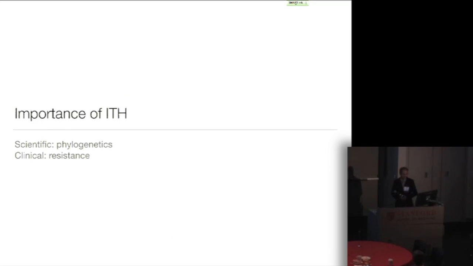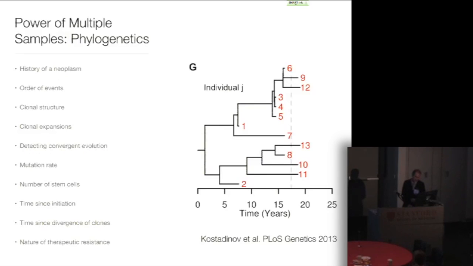So what's the importance of intratumor heterogeneity? Well, I think of it as both a scientific importance and a clinical importance. The scientific importance basically falls to phylogenetics, and the clinical importance basically falls to resistance, and I'll talk about each of these things. So one of the main innovations that's been led by Charlie Swanton is taking multiple samples